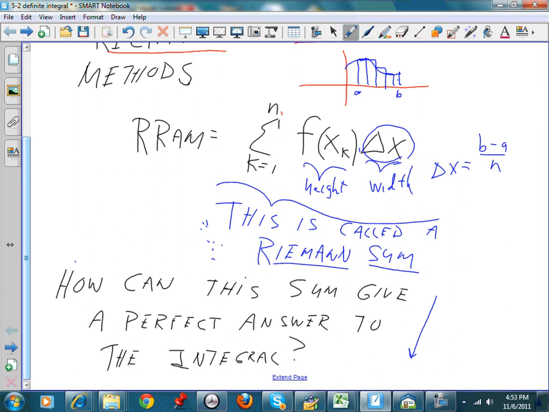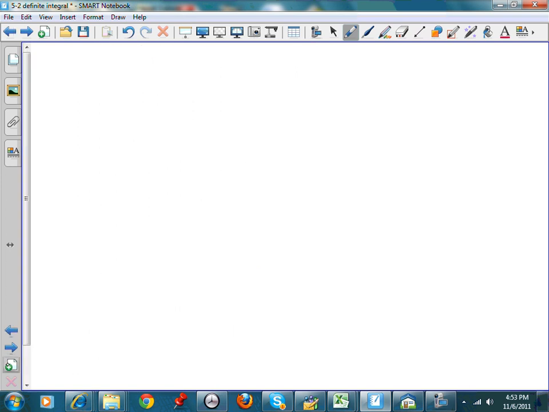Essentially, I'm going to let n get infinite, and I'm going to let delta x go to 0. I can do that intuitively, but if I want to do it in a mathematical way, I'm going to use limits to define it. If I want a perfect answer, I could write down something like this: the limit as n goes to infinity